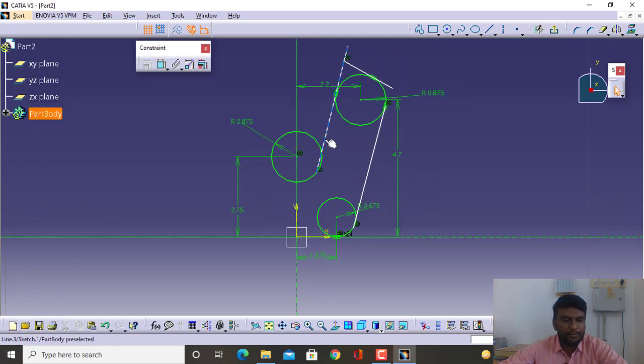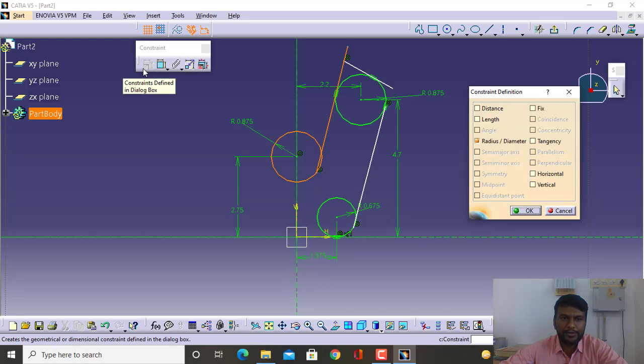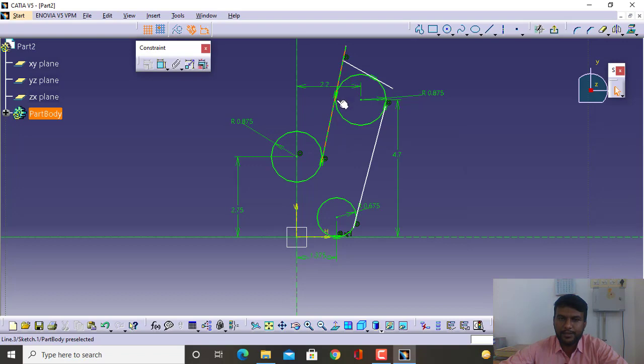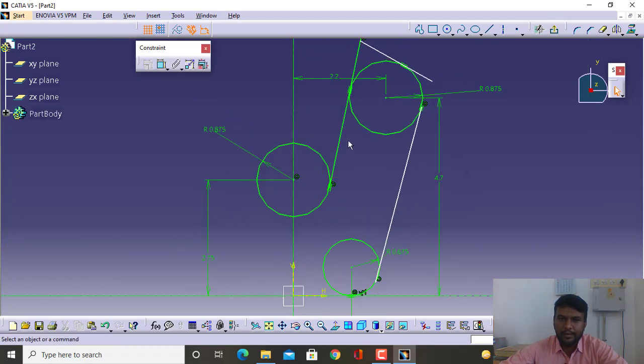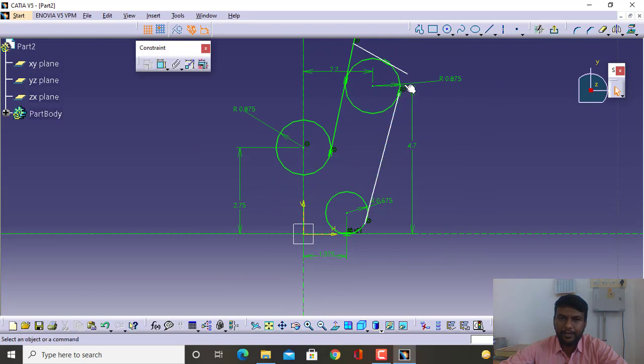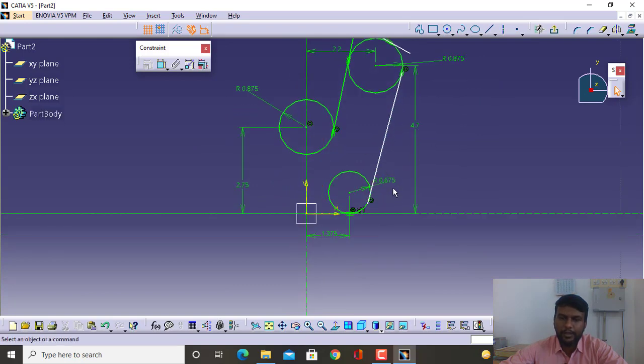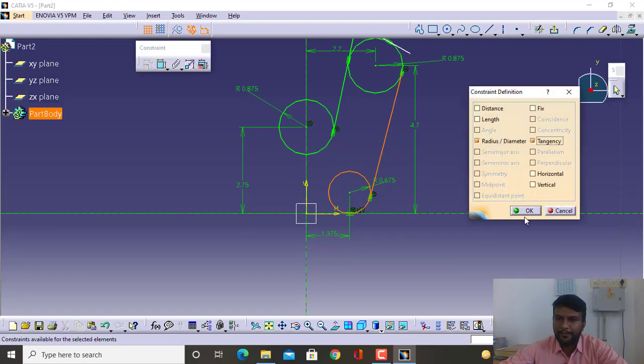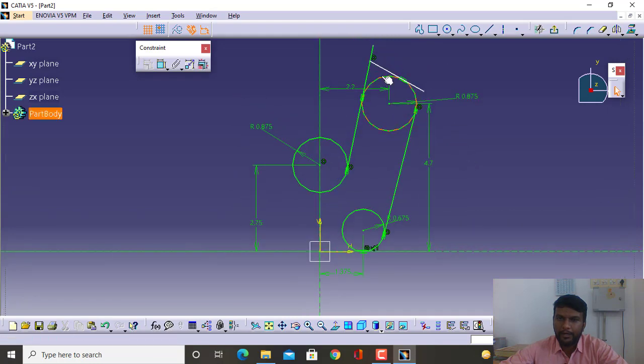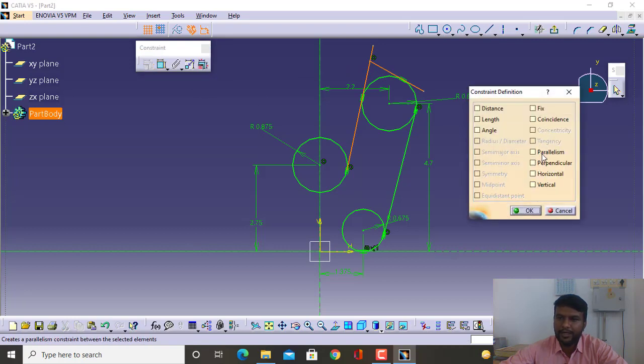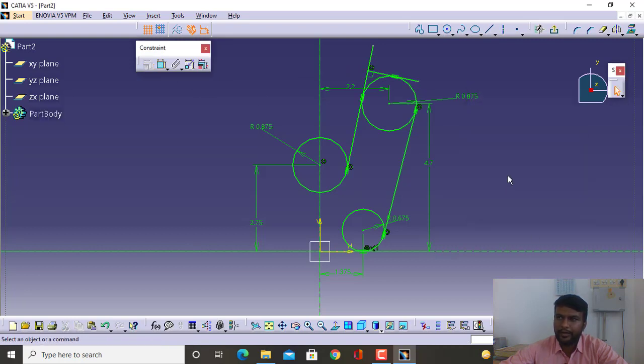When we observe the initial, fully drawn geometry, there was a tangency here. So you select the constraint dialog box available in the constraint toolbar and select tangency. The second thing is these two: the equal symbol indicates the tangency, while the zero-like symbol indicates the coincidence. So these two should be tangent again, and these two lines are perpendicular. Select one line, press the control button and select the second line, and you can define the constraint.